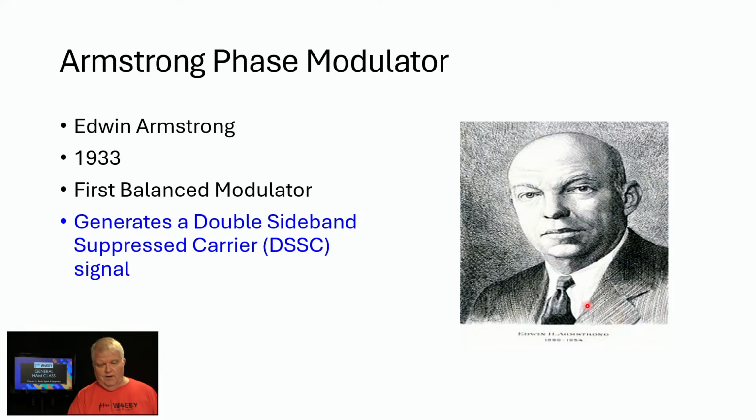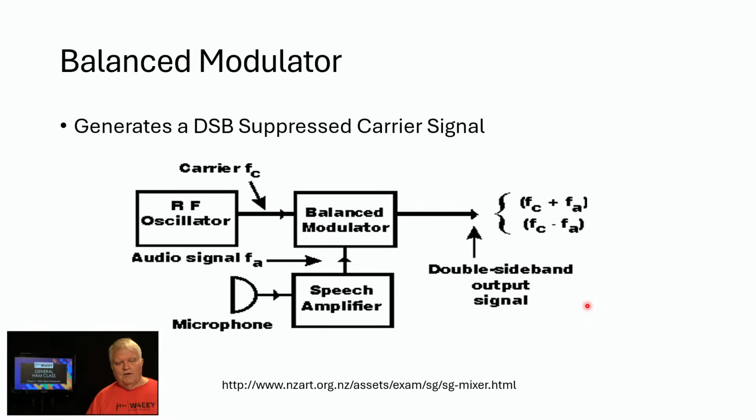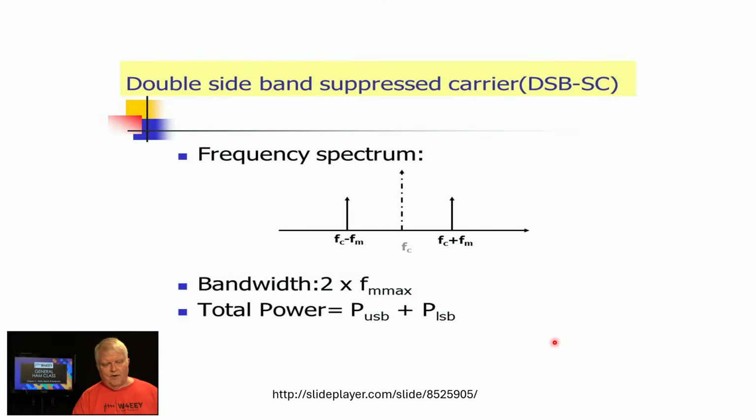That's interesting. And a balanced modulator, you can see, has this sort of math going on, but it's a double sideband output. And so if you were looking at a frequency spectrum, you'd be missing the carrier, but you'd have the lower sideband and you'd have the upper sideband. Well, this is kind of important because